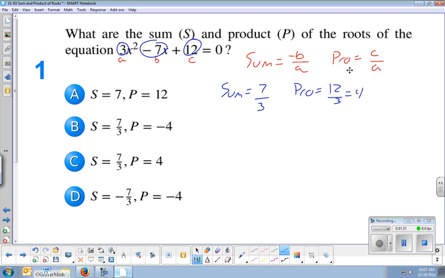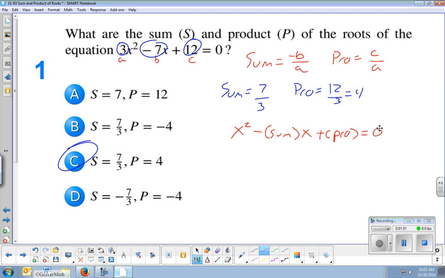And so the only one you change the sign for at any point is your b term. So 7 over 3 and 4 is choice C. That's all you needed for this question, but the other formula I also want to put down now is that all quadratics can be written in standard form as x squared minus, parentheses, the sum of the roots, x, plus, parentheses, the product of the roots,